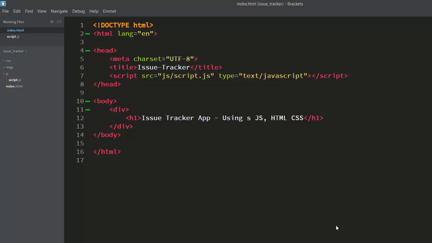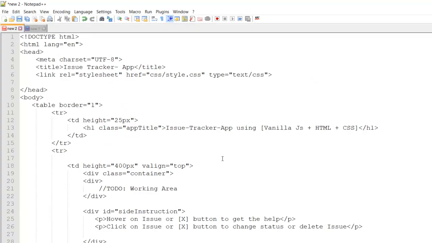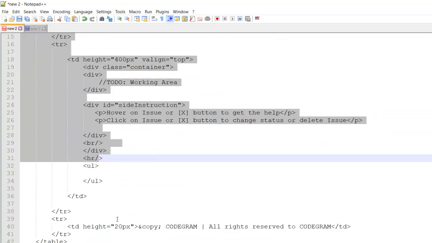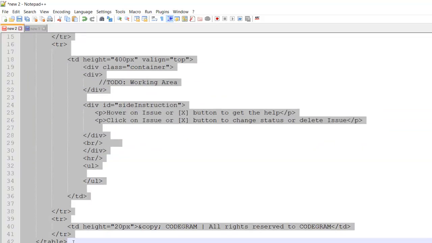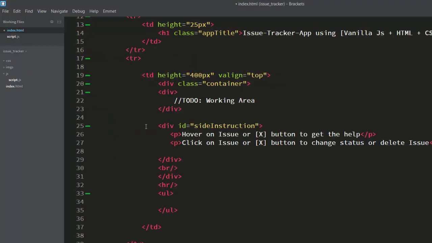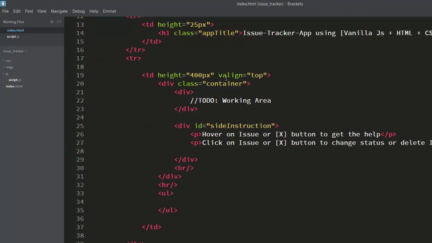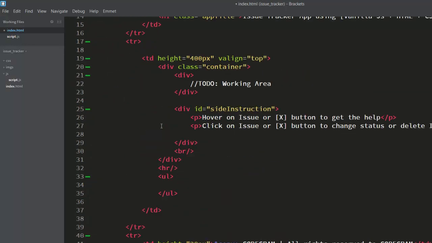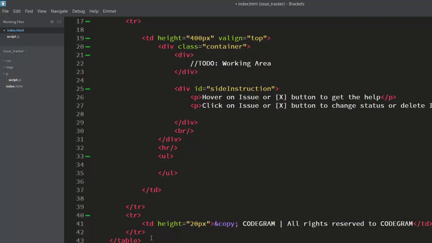But let me share the code that I'm going to show you. This way, I will be saving my time, but I will explain this particular code from here. No problem, this is simple code. Let me take this code from here and copy it over here. Now, this JavaScript code I will be taking from here. I do not want the JavaScript code over here. I will take it from here, and before the closing body, I will be putting it here.